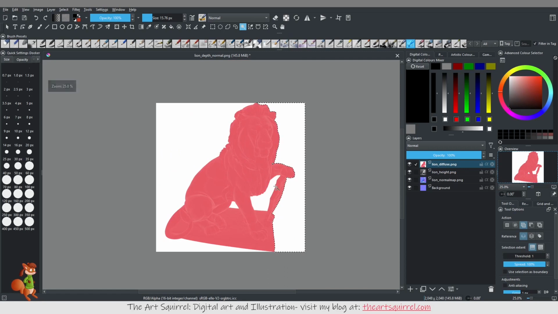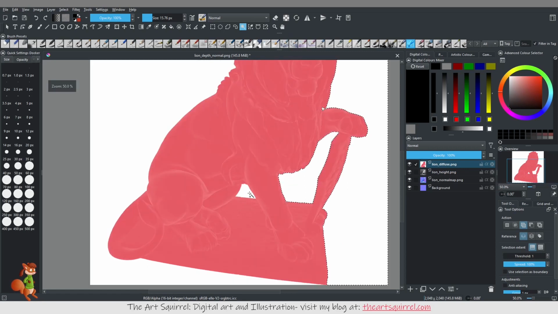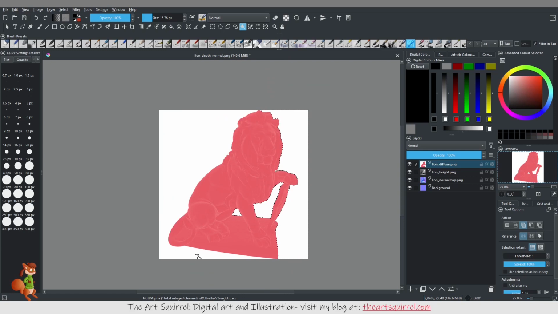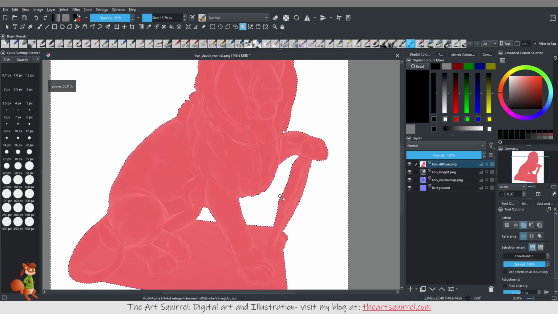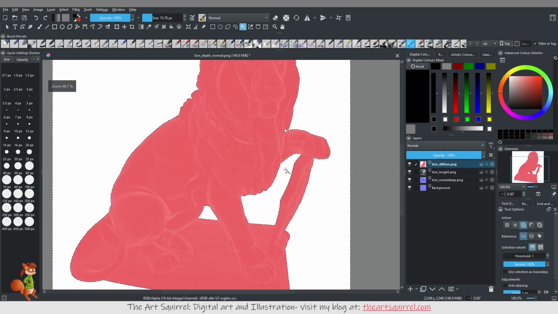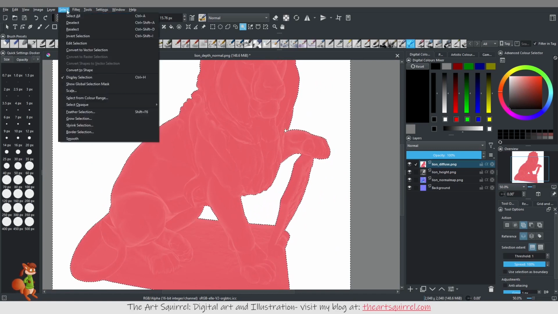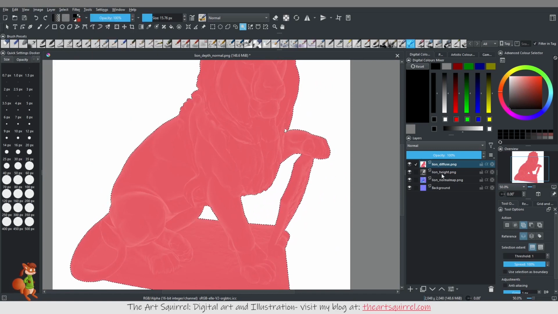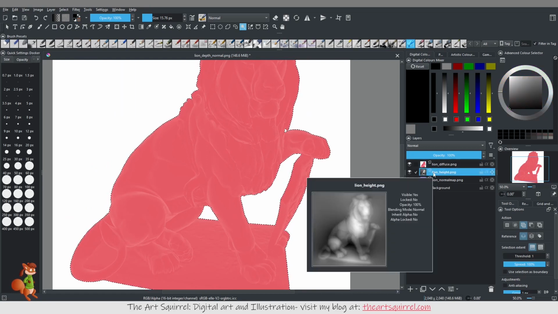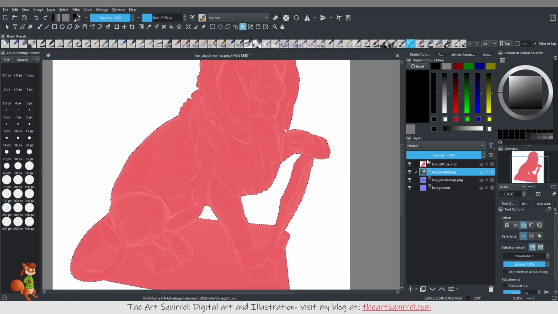I click a colour and then shift click another colour, shift click and shift click. Now I've got all the white areas selected. Go to select, invert selection, click on the height map, and I've got a shortcut set up to add a new transparency mask, but you can go add transparency mask there,